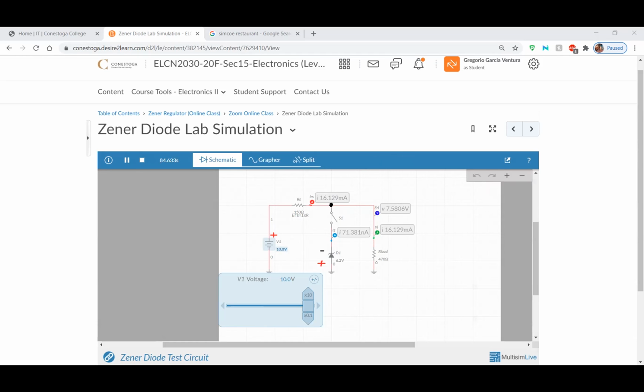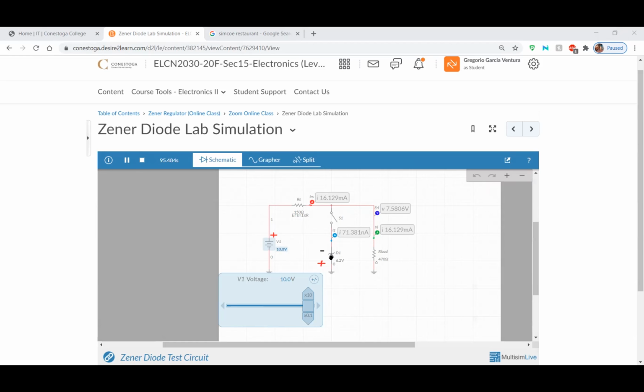So let's keep moving. Now I want you to pay close attention to what happens when I close my switch here. You can see that we have the same current right here and here, and I want you to focus on two points. Number one, I want you to see the difference that is going to happen between this ammeter and this ammeter. And also, I want you to notice that this voltage is going to be crimped, or chopped down to our 6.2 volts